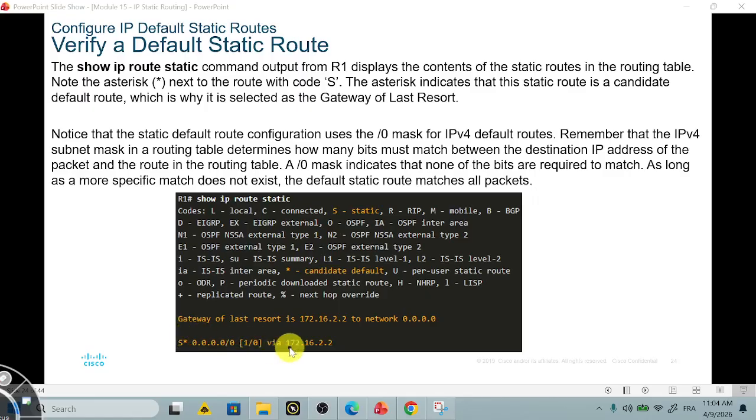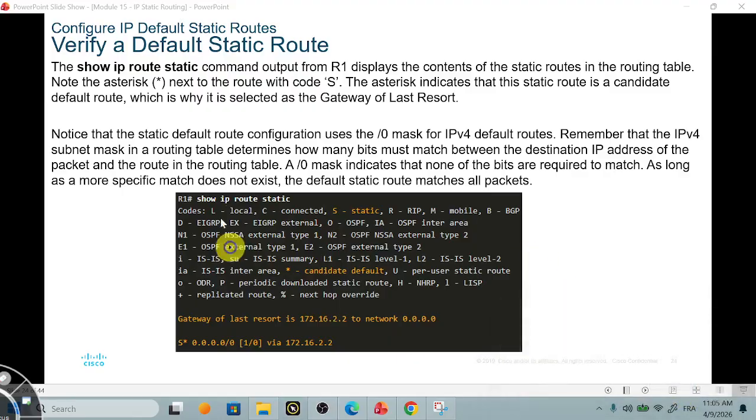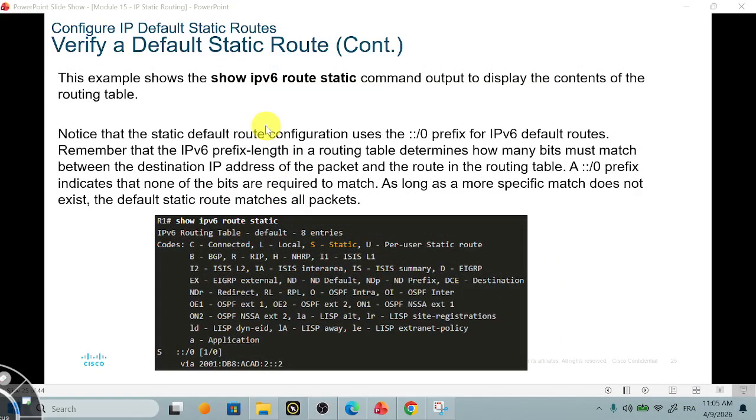Here is the example of the gateway of last resort. Gateway of last resort means the default route, the default static route. Gateway of last resort is this address to network 0.0.0.0, and this is the next hop to this network. Before, it was gateway not defined. /0 and via this one. IP version